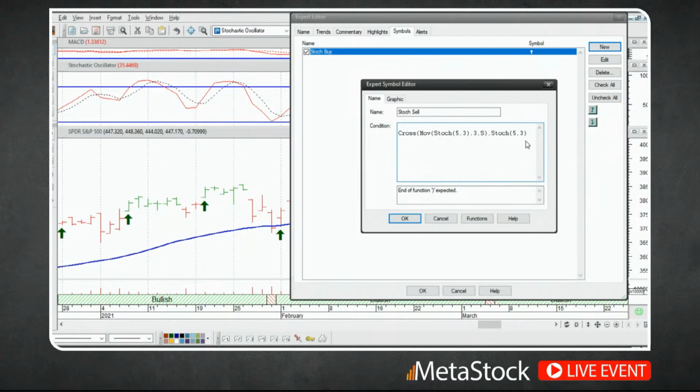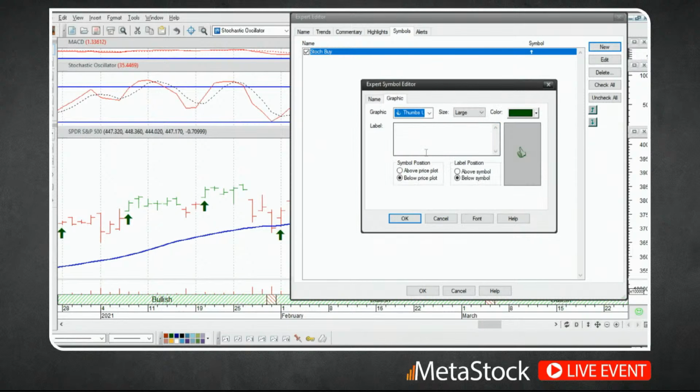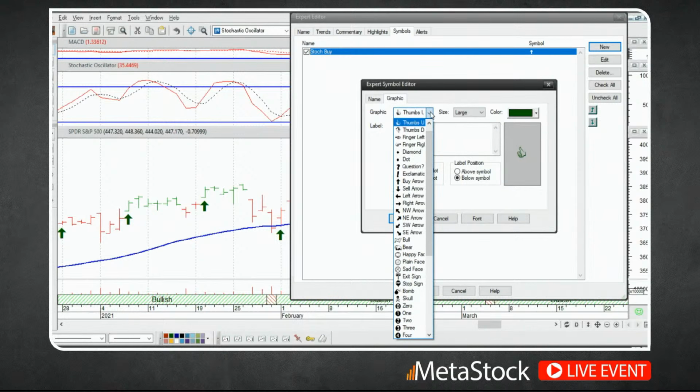So we'll click on OK. And it even puts my cursor right there to help me figure out where the problem might be. A lot of times that's what will happen: when you write something that's not correct and you try to close out of it, the window will come back and tell you there's a problem and you need to address it before you can move on. But once you've got it right, and you click somewhere else and the window goes away, then you know that you've at least got it in a format that the program can understand. So for the sell signal, I'll click on the drop down here.